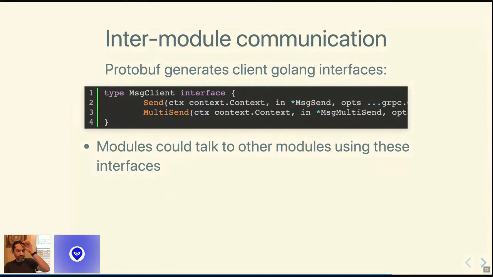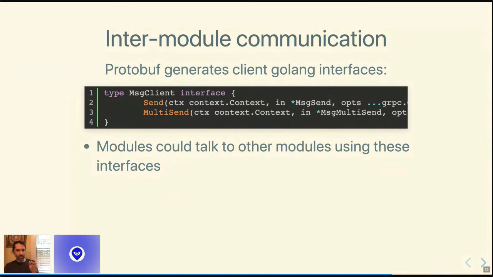Also, if there are changes to those interfaces, generally all the parameters are positional parameters as opposed to structs, and it's generally easier to add fields to structs than to add more positional parameters. And then another issue that has come up is that there needs to be some atomicity between calling another module and either committing the changes to the store or reverting those changes.